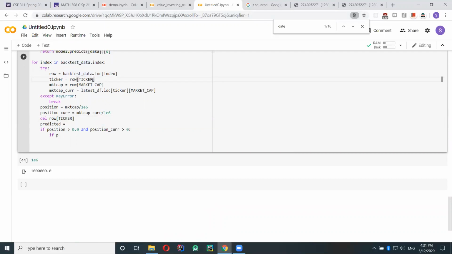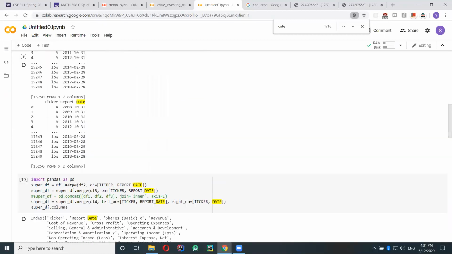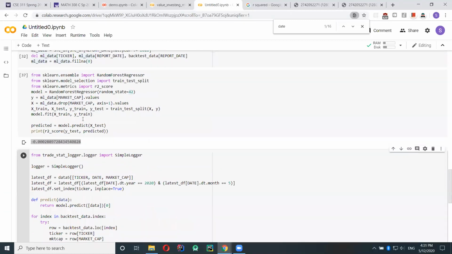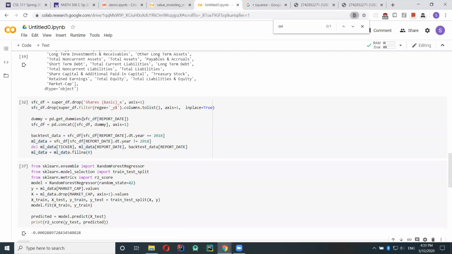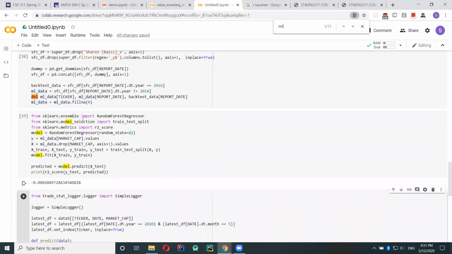If you remember earlier, we deleted ticker in the training data. I can show you. So here, for the training machine learning data, we did delete the ticker, but we kept it for the backtesting data because we need the ticker to know what stock the current row corresponds to, and then we can access the current market cap of that company.